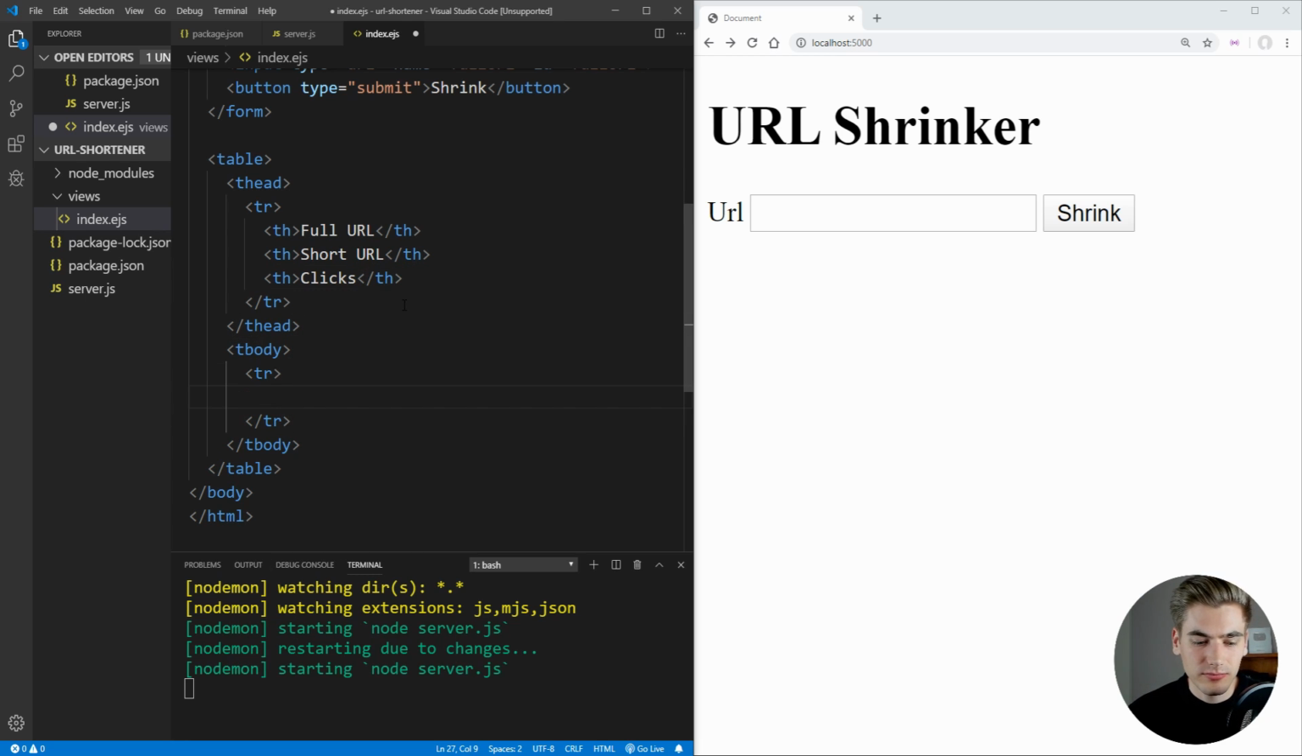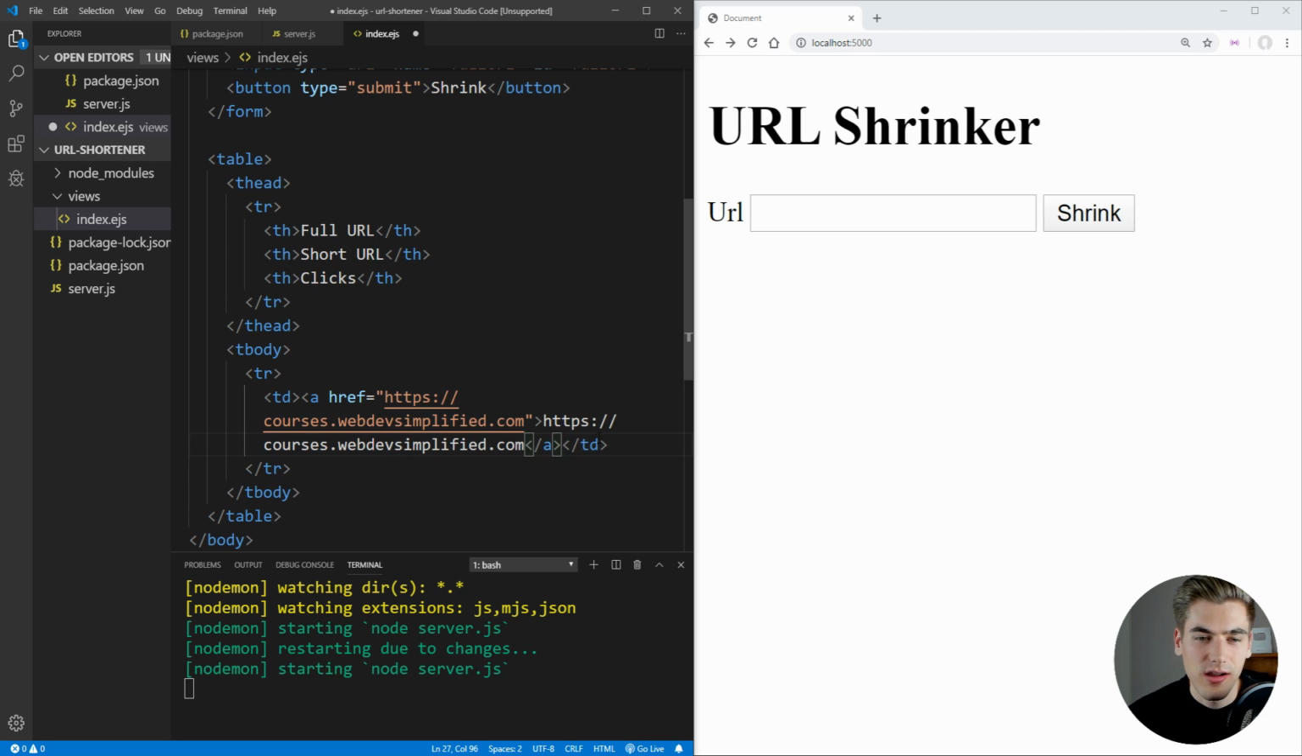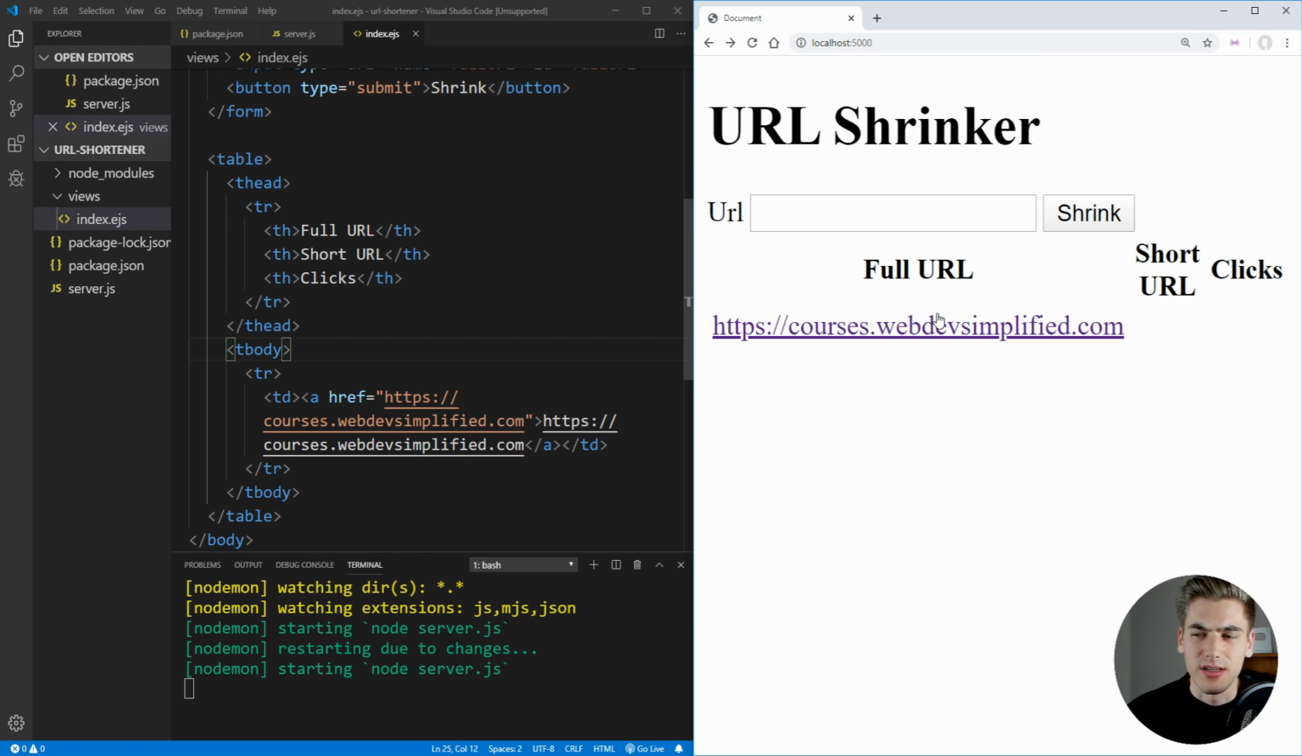row for now. So let's just have a single value here, which is just going to be, for example, my own website. So we'll just put an anchor tag here, which has an href to https://courses.webdevsimplified.com. And then we're also just going to put that exact same URL as the text for our anchor tag. And if we save that, refresh our page over here, you can see that showing up inside of our column